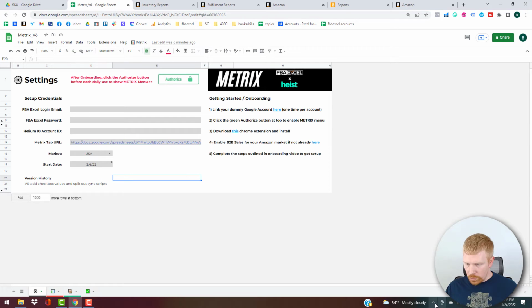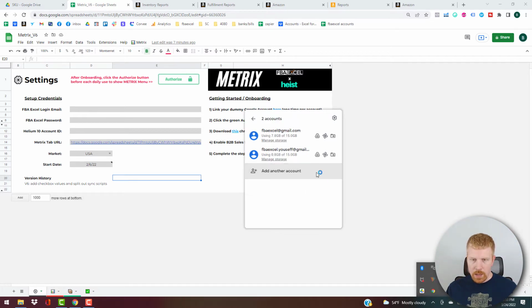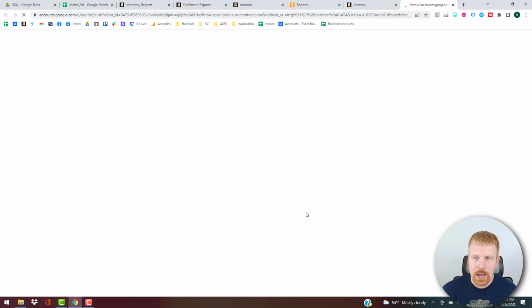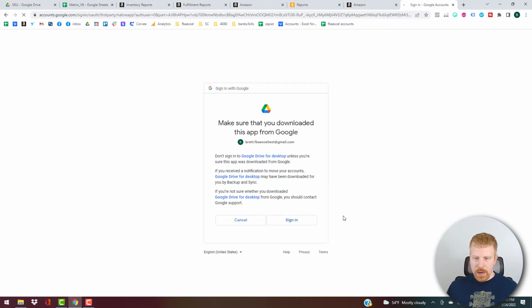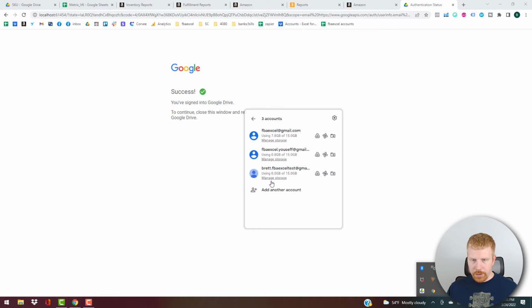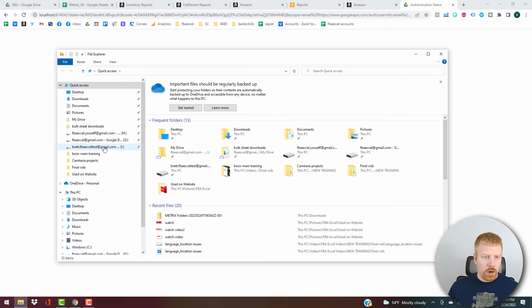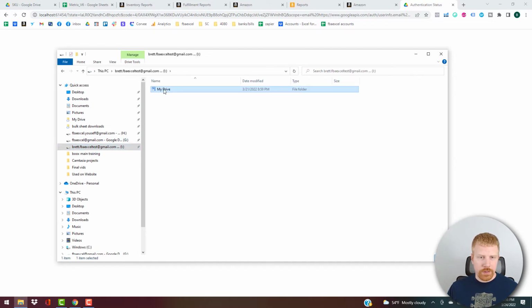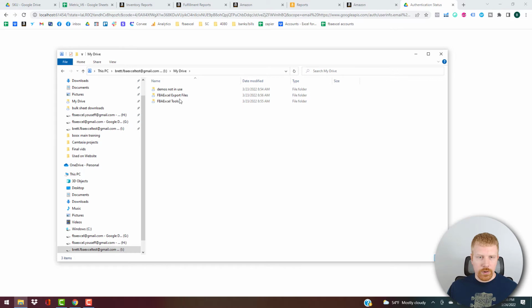All right, and to show you that Google Drive desktop application, once you have it, I'll show you how to even add an email because I don't think mine's added. So there'll be a little icon here that pops up. You just click that. You can do up to 4 accounts at one time. And then after you sign in, this little message will pop up, hit sign in. Now when we go down here to this little icon, you'll see we've got our dummy Google Drive account set up, so we'll be able to save our files directly to our Google Drive. You can click on that, and when you open up your Google Drive, you can see here's our